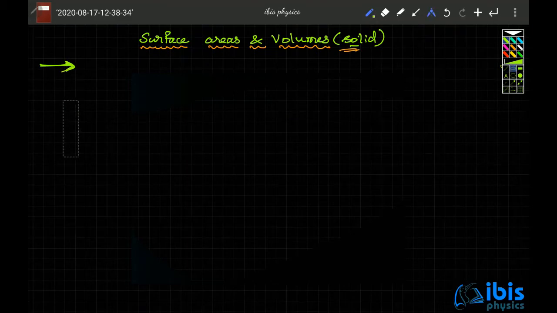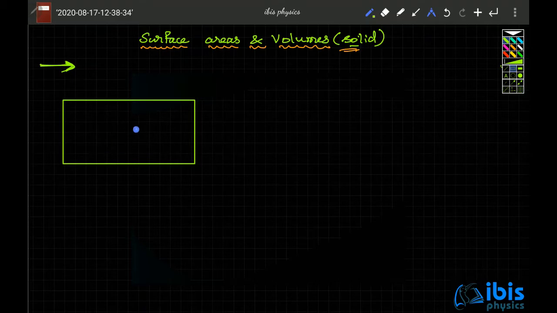Suppose you are having a rectangle. We say that a rectangle has an area which is a product of length and breadth. How do we say that? Let's imagine that you are on this rectangle, facing this direction, and the rectangle is spread in front of you and behind you. This is one direction, and on your left and right is the other direction. So the space occupied by this rectangular shape is only in two directions: front and behind is one direction, left and right is the other. So the space occupied by this rectangle is two-dimensional.